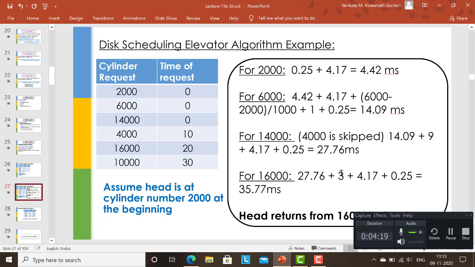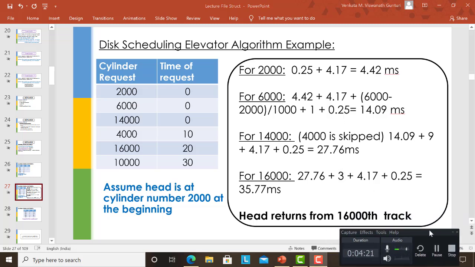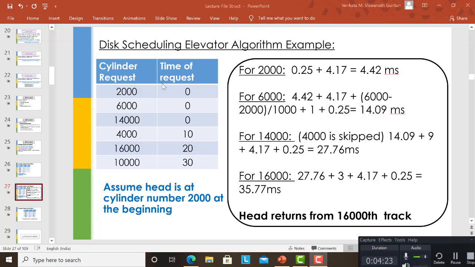And then let's say that I'm assuming that the disk head is going towards the bigger cylinder number, right? So after finishing this, I'll go to cylinder number 6000 without any stops in the middle, because that's the queue, right? So the time at which this request will get serviced is this 4.42 milliseconds,